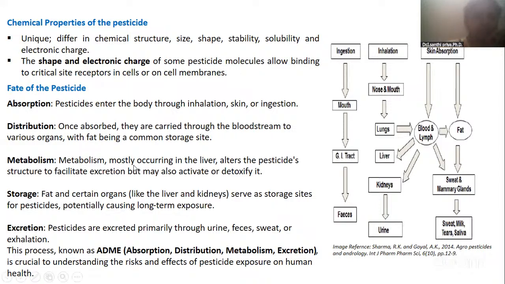So coming to the chemical properties of the pesticide, we know each pesticide is unique, and the pesticide molecule is different in chemical structure, size, shape, stability, solubility, and electronic charge. Coming to solubility again, the solubility is based on fat soluble or water soluble. So fat soluble will stay for longer durations in the